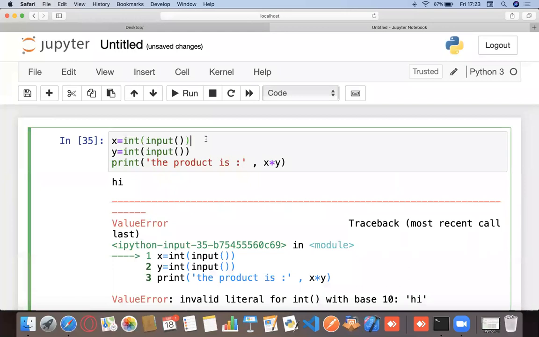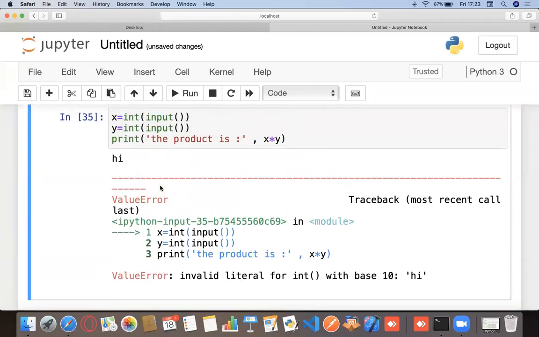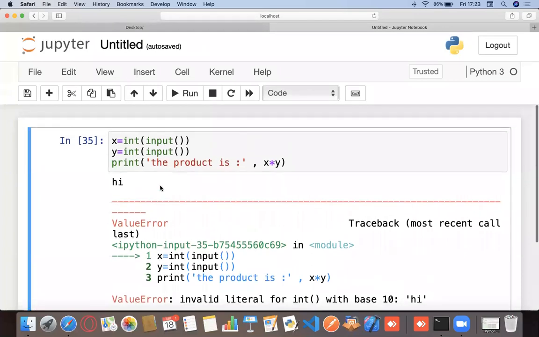Python will try to convert or interpret your input as an integer, right? When you enter 10, it says, yeah, 10 is a valid number, it's a valid integer, I'm fine with it. But if I say something like hi, it's going to tell you that it's not a valid number. Hi is, I don't know whatever it is, but it's not an integer with base 10. Base 10 just means the numbers that we use. Computers use binary, that's base 2. We humans use the decimal system, it's base 10. So your system would tell you that it doesn't know what hi is, right?